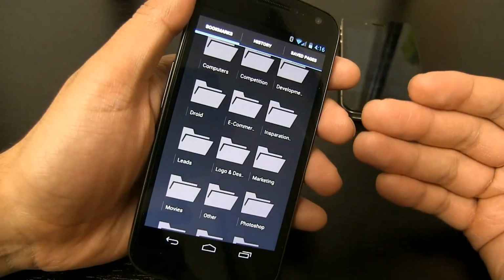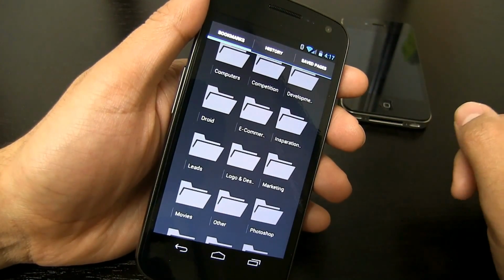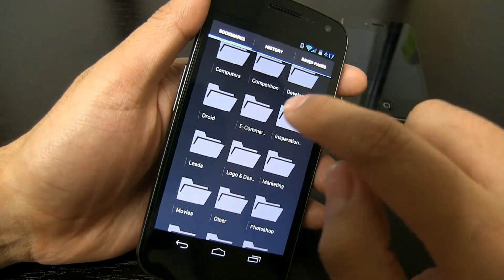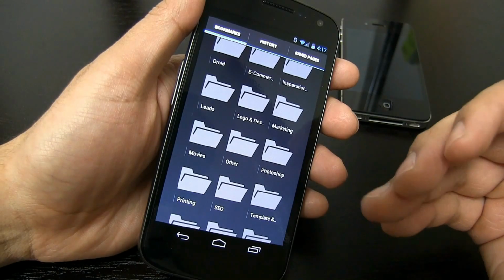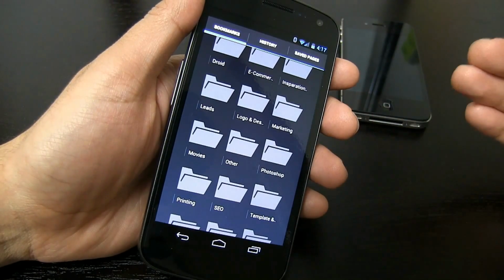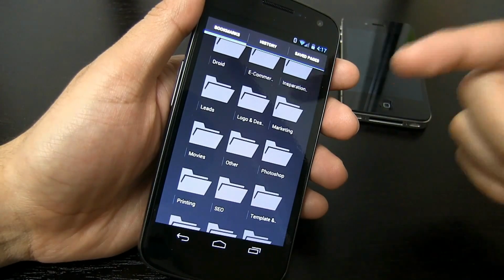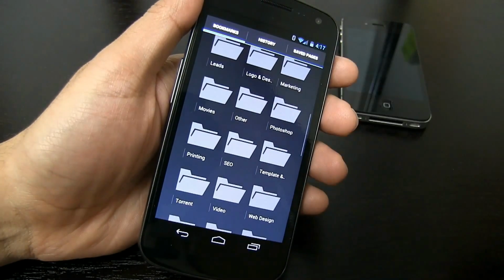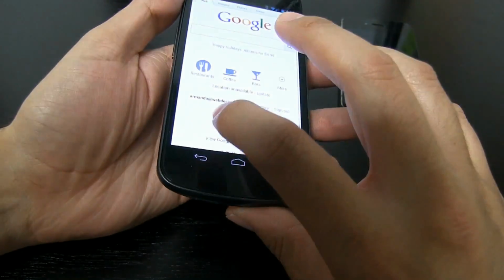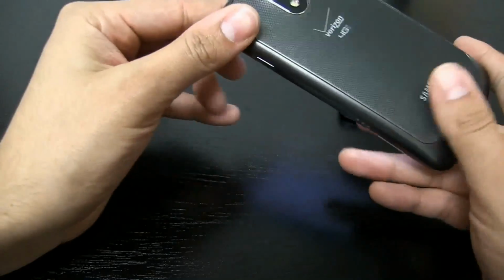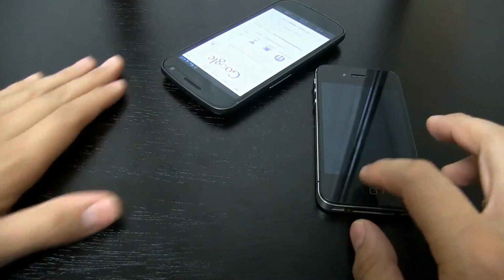If you're a heavy Google user, meaning you use Google products, then Android is also the way to go. For example, here I'm showing you my bookmarks that are automatically synced from Google Chrome. So anything I sync on my desktop, all of my bookmarks, history, saved pages are also going to be synced here on my phone. So once again, the experience is going to be much better on an Android device versus an iOS device.